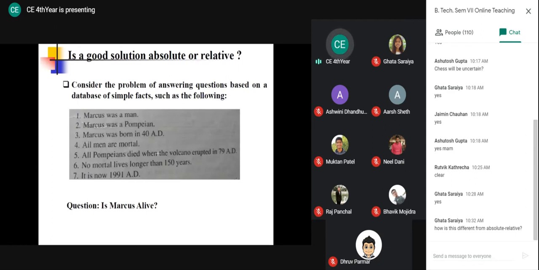Another path may contain the solution, which means you are comparing your solution with the other solution. That is a relative problem. And in the path problem, suppose I am solving the water jug problem. In water jug, the start and goal state are given, right? I am not just saying that okay, I am getting the solution, my problem is solved. What we really need is, this is my start state, and which operation you are performing. Let's say I am filling, from 0, 0, then 4, 0. The whole sequence of operations you have to mention. This is a path, the whole path you have to explain. Via this path I am getting the solution.